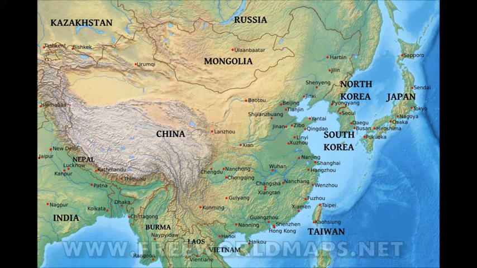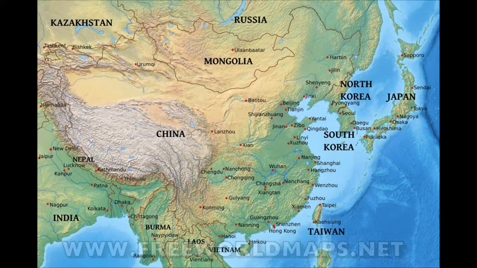This is a map of modern-day China. So why did I choose to use a map of modern-day China if we are talking about ancient China? Well, that's because I'm going to show you exactly where historical events took place. And I thought that using a map of modern-day China to show you where historical events happened could be useful to understand it better.